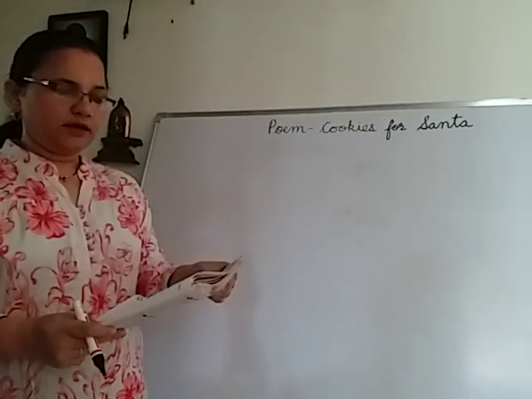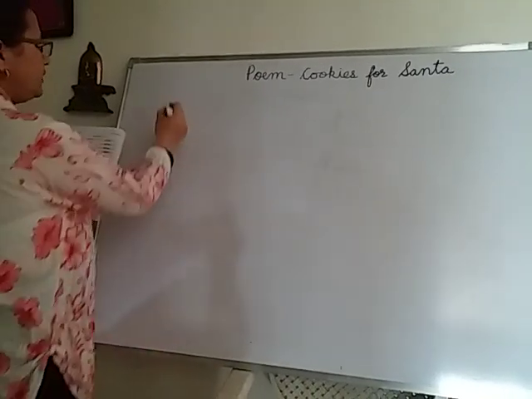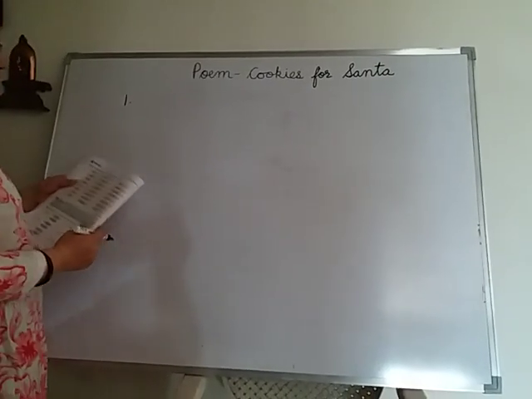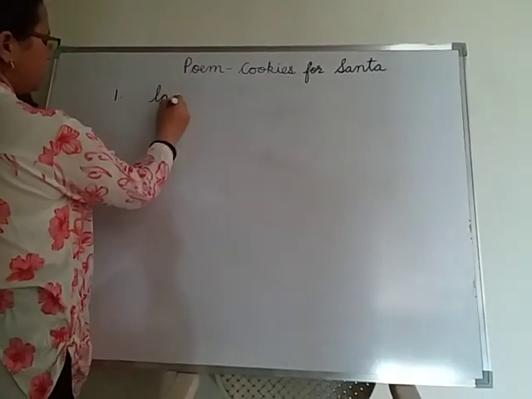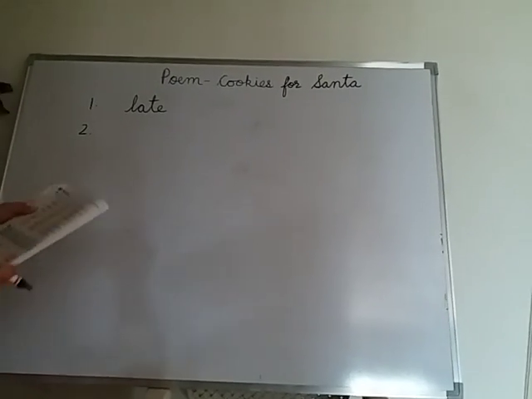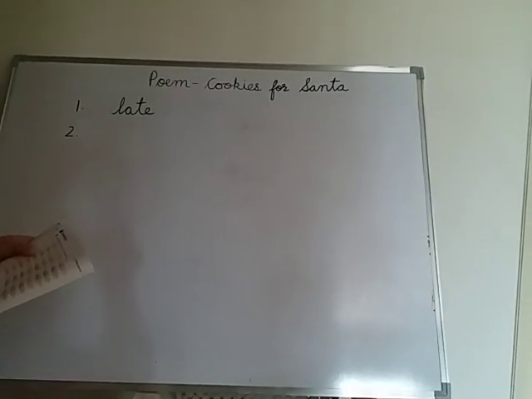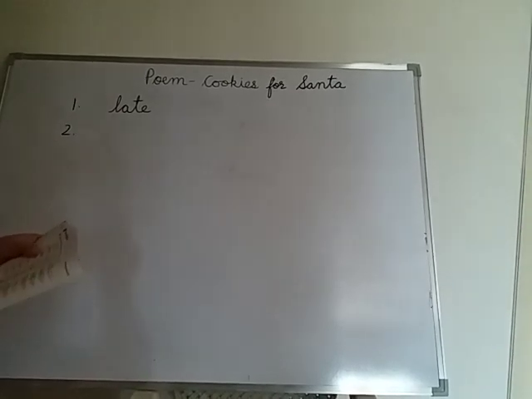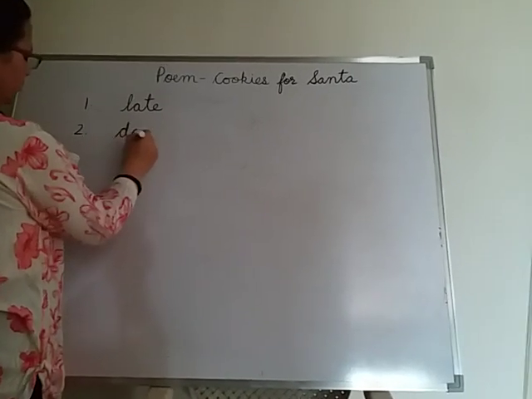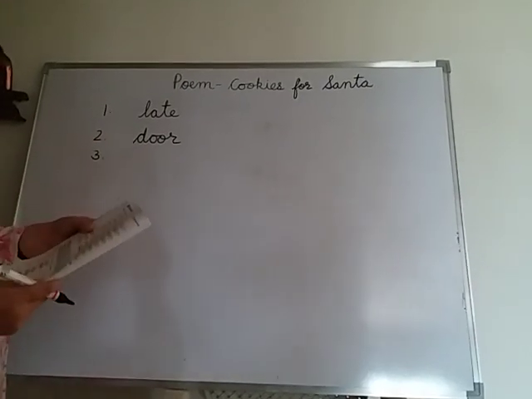Plate, ate, and the last blank is given. Yes, just pick up one rhyming word. I am writing here. You can side by side note down in your book and fill this exercise. Plate, ate, what is the rhyming word? Write down late. Now children, second one, the word is more. Now here one more rhyming word is given, that is for. Now next you have to find out, more, for, what is the rhyming word? Door. If any other word comes to your mind which rhymes with these words, you can write down those words also.